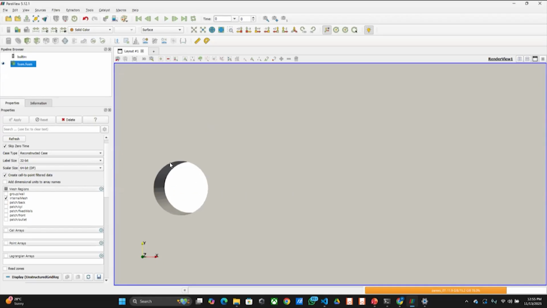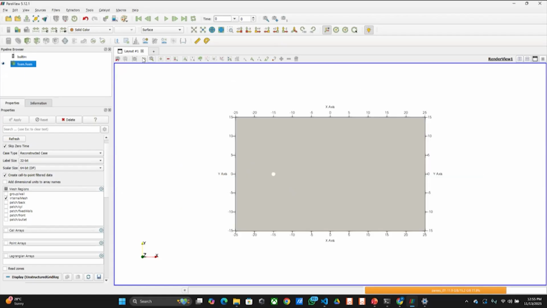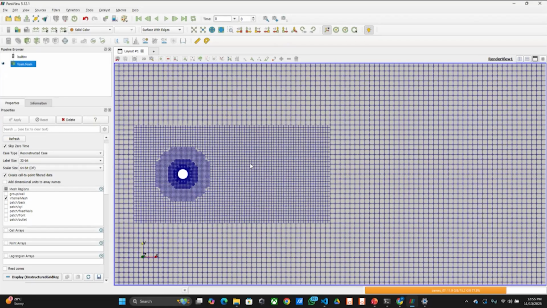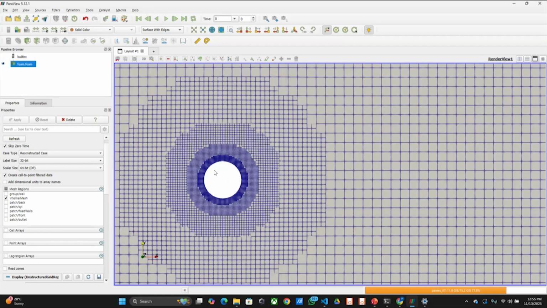If the snapping is not done appropriately, there will be some cracks that you will be seeing here. But our snapping is done very good. So there are no visible signs of mesh cutting. I have just switched to the 2D view for better visual purpose, and I'll now showcase surface with edges. So now there is one refinement region that has been added, and inside it